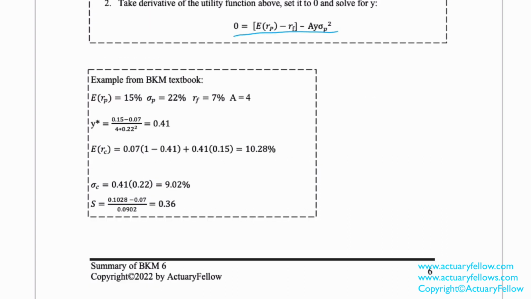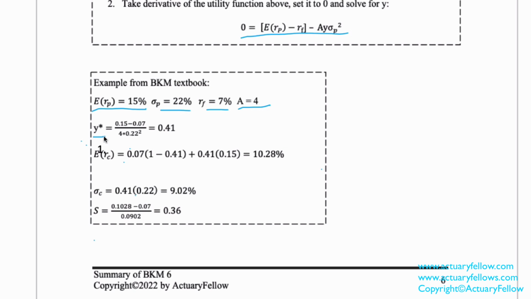Please watch it. Now let's go over a straightforward example. Expected return on risky portfolio is 15%. The standard deviation of the risky portfolio is 22%. Risk-free rate 7%. Investors' risk aversion A is 4. Y star equals risky portfolio expected return 0.15 minus risk-free rate 7% divided by risk aversion 4 times 0.22 squared